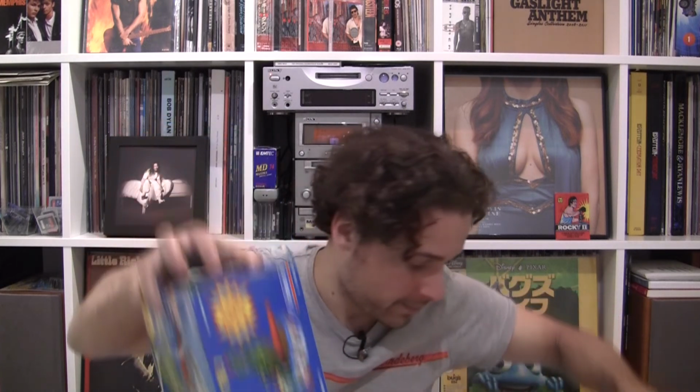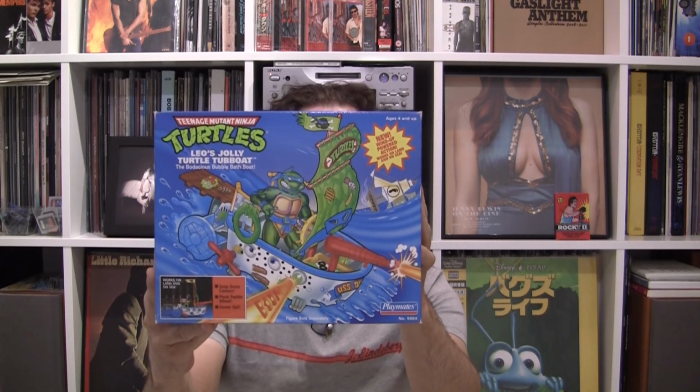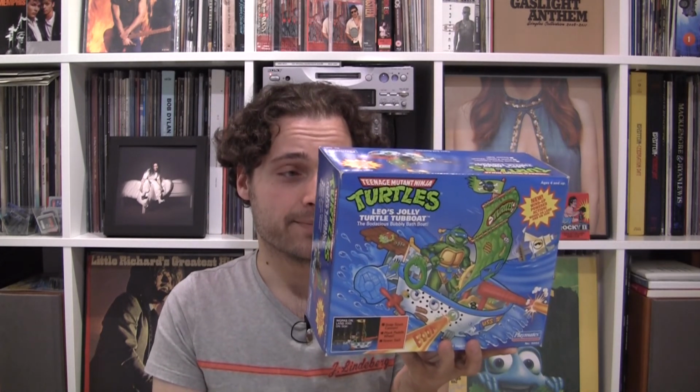And then the final item is, yeah, probably the most expensive one. Leo's Jolly Turtle Tubboat, the Bodacious Bubbly Bath Boat. That's a lot of alliterations there. Bought this one close to 10 years ago on eBay. I always wanted a sealed, minty fresh, cherry copy of a TMNT toy, and this one's still sealed. This is from 1991. And I paid way too much. I don't know, something like 75, 80. But it's